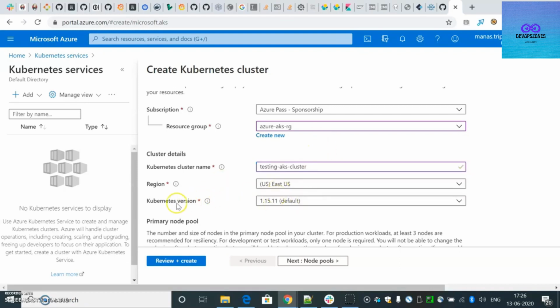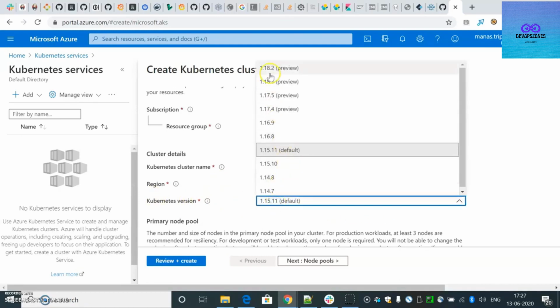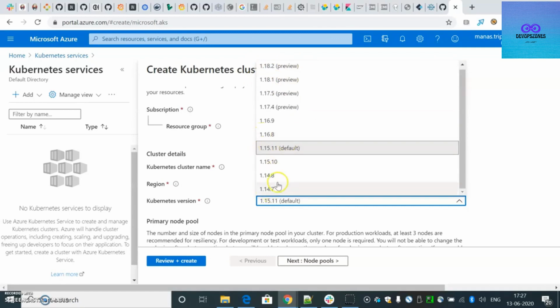Okay, now you need to choose the Kubernetes version. The default version is 1.15. Then you can update it, like you can have 1.18, or you can also choose a Kubernetes version below 1.15. So I'll go with the default one,